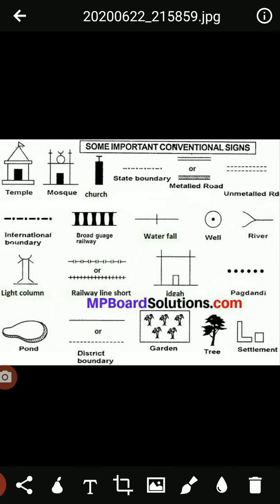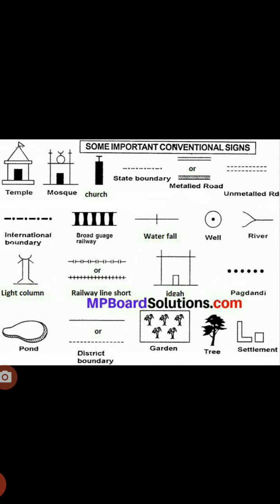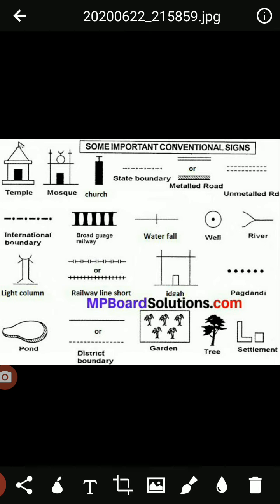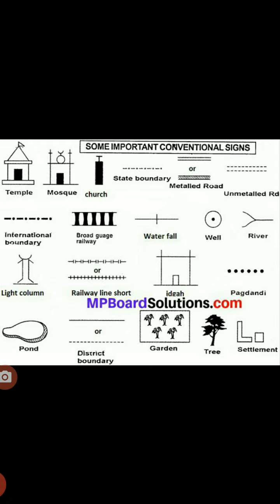It will take too much space on the map if you draw the real school, and that much space is not sufficient to draw a real tree. It will also take more time, and it is very difficult to draw. Therefore we show things on the map with the help of symbols. The map makers, the cartographers, have prepared the symbols according to their needs.